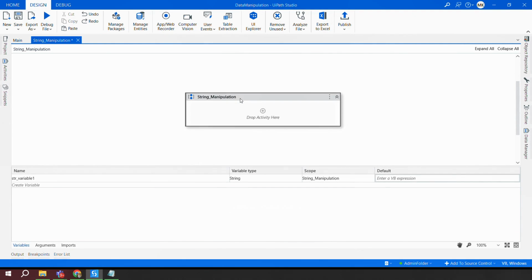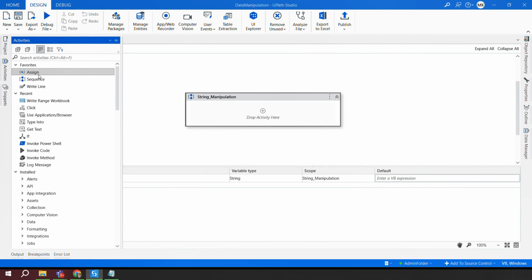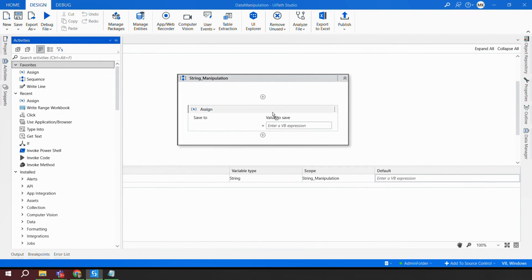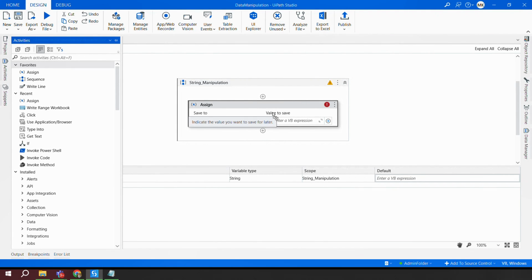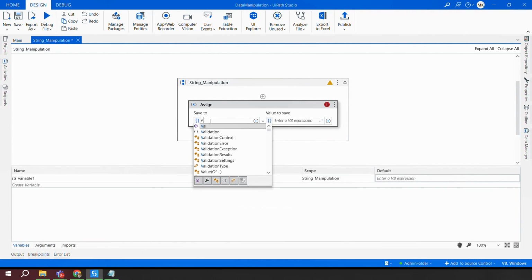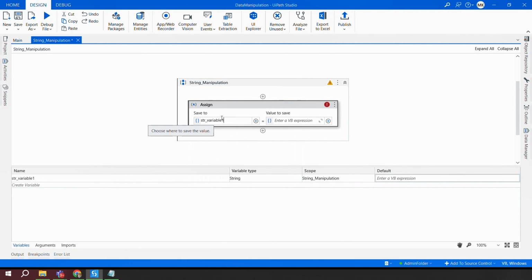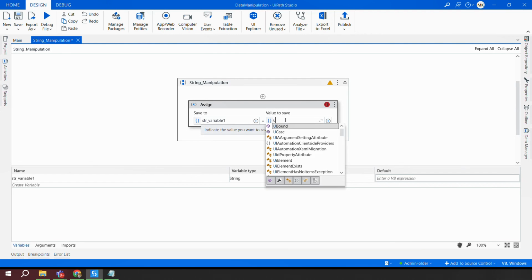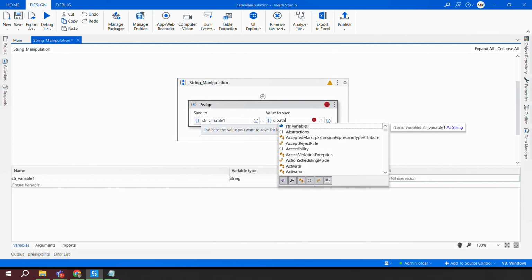Now I'll take an assign activity, and that is what we are going to see today, functions, right? What are the different functions which are available? So let's say whenever I pass a string variable in UiPath, the first thing you should remember is that it should always be in double quotes. Okay. If I write something like this, UiPath is a